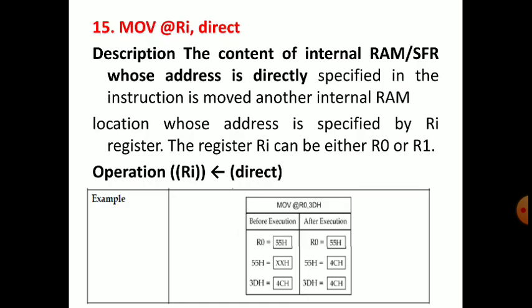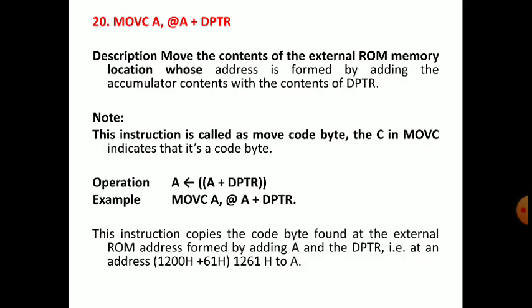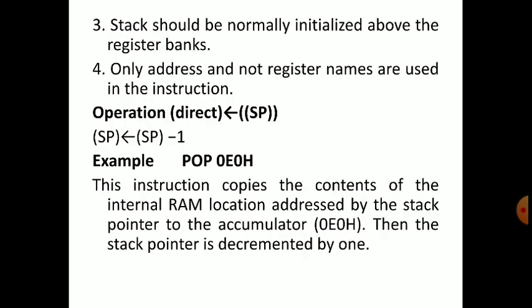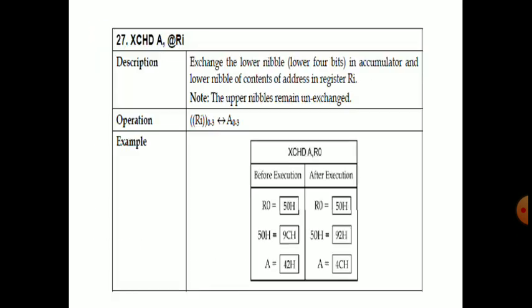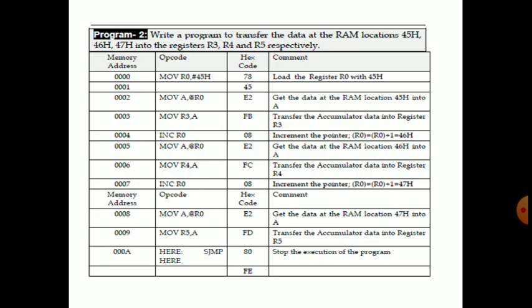But why in this program did he use the other instructions? Because in the question he didn't mention which type of addressing mode to use. The programmer here wants to use a greater number of different addressing modes, so that's why he may use this. But we can directly write MOV R3, 45H, where 45H contains the data which will be moved on to R3. Then we can write MOV R4, 46H and MOV R5, 47H. That's it.